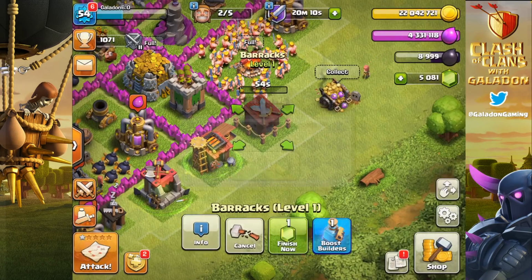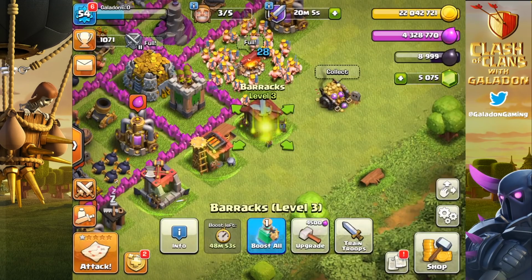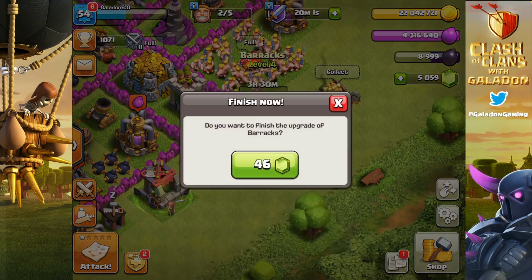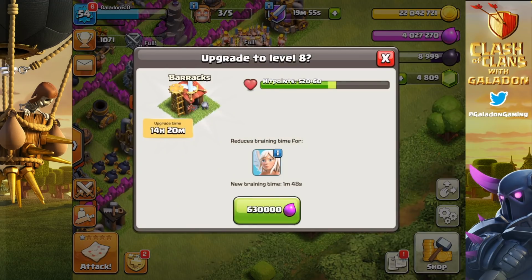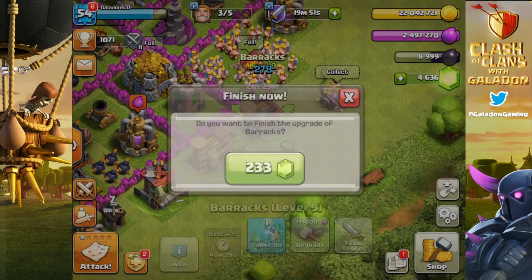Oh, this one's only level 1. It's got a ways to go. So we're going to gem through these until we get to the point that most everything is maxed out. We'll just see how much we can do with the existing resources that we have. And then again, like I said, once we run out of these, I'm not going to continue to pour gems into this